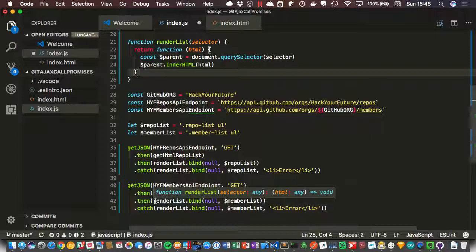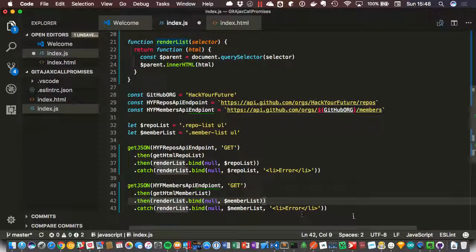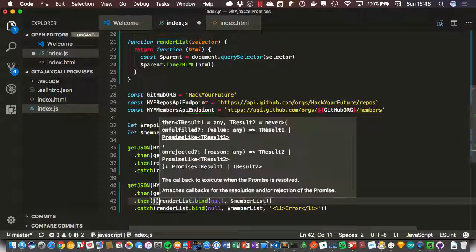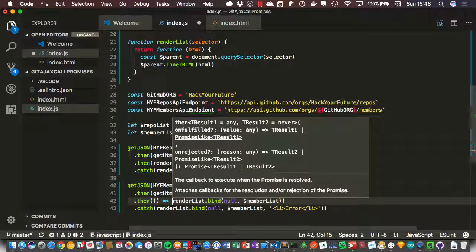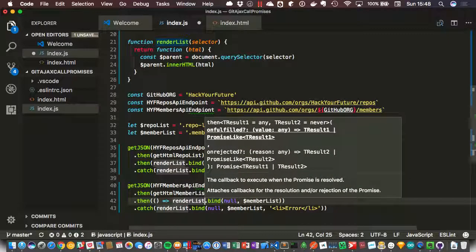Let's do this one. I'm going to change this function a bit. I'm going to use ES6 syntax. I don't need this bind. I just need to do